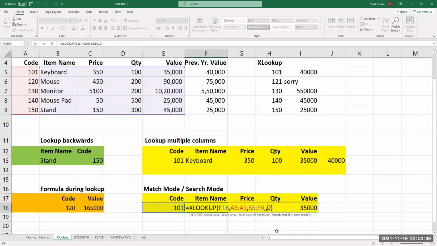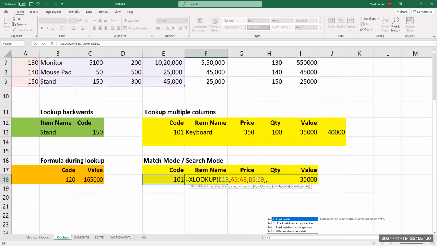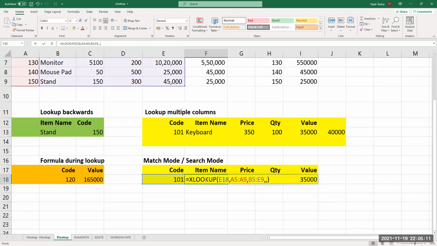Then I'm coming to match mode. What is match mode? Here it says exact match, and you see here you have so many other options.